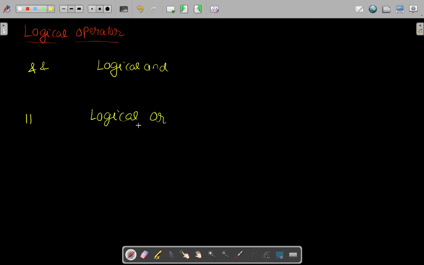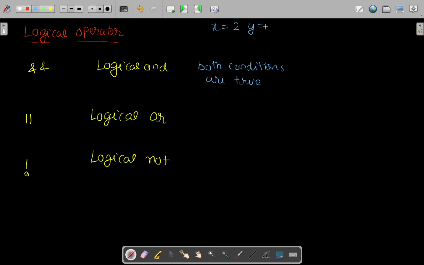Logical OR. The third is called logical NOT. Logical AND returns true if both the conditions are true. It is going to return true when both conditions are true. An example: let's consider I have x equal to 2, y equal to 5, and